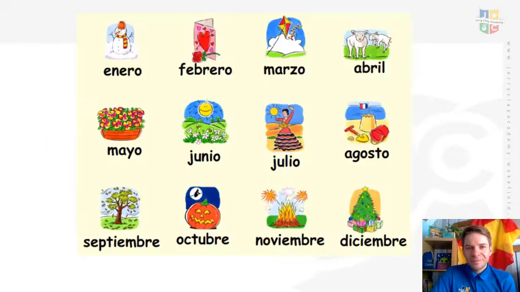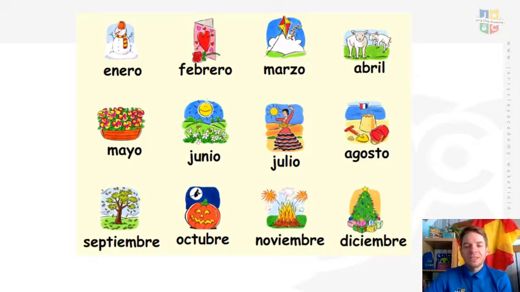Muy bien. So, we're going to start off with a recap of the months of the year. Obviously, you can take this at your own pace, so when I've finished going through them, you can rewind it and keep on practicing. You can pause on this page and you can practice your pronunciation as well. As I say, you just take it at your own speed.